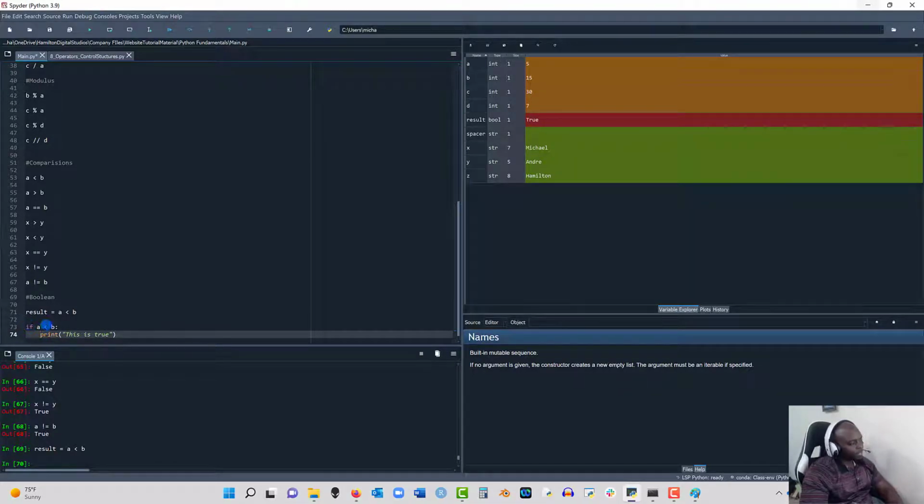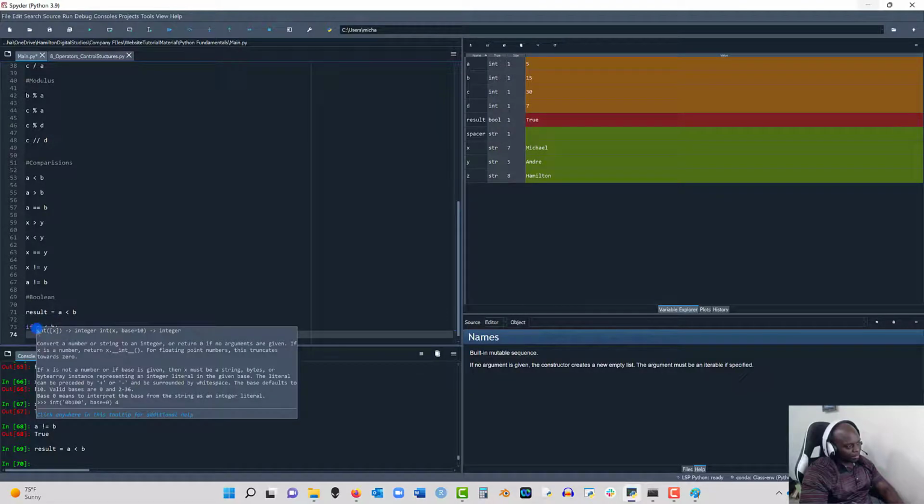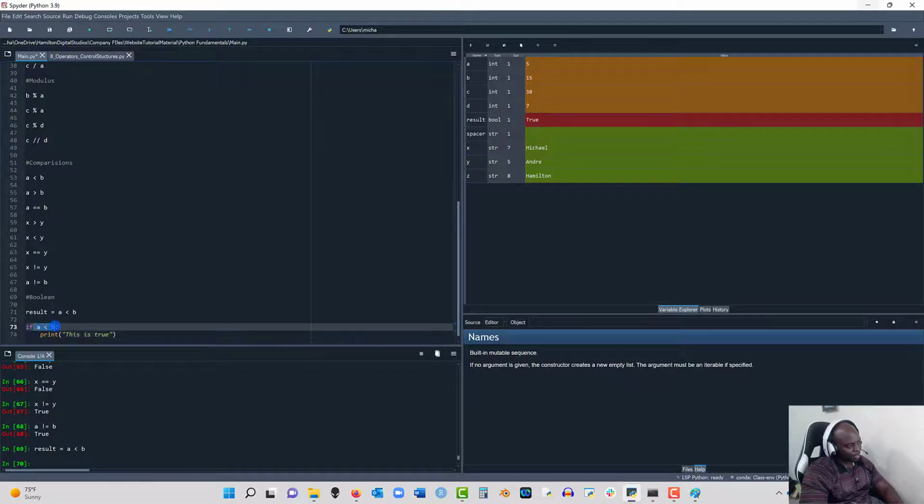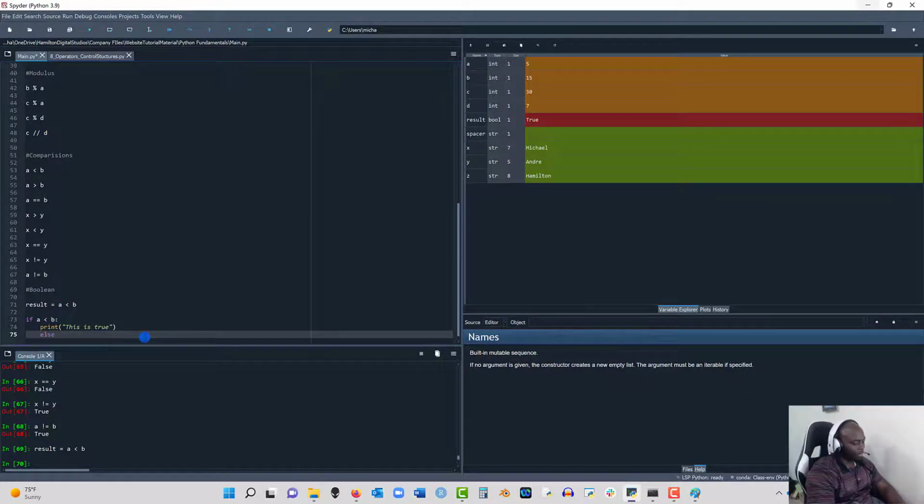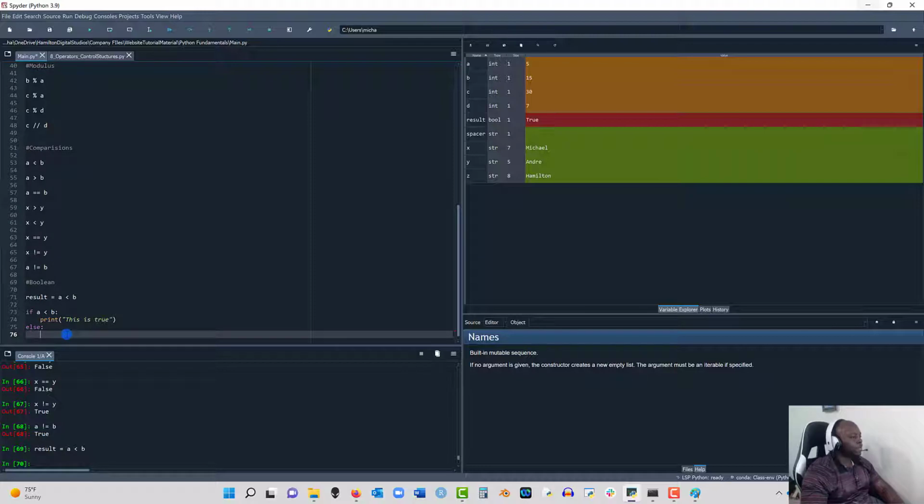So if this expression is true, which we know is true because we stored its results earlier, its results is true here. If this is true, print this. Else, I can press enter. Else, the colon. When you put the colon, it's going to back it up to next to the if because it knows these are together. So you put another indent, say print